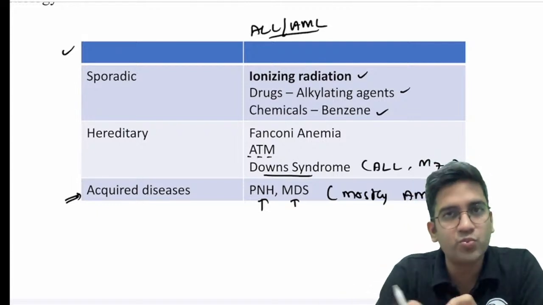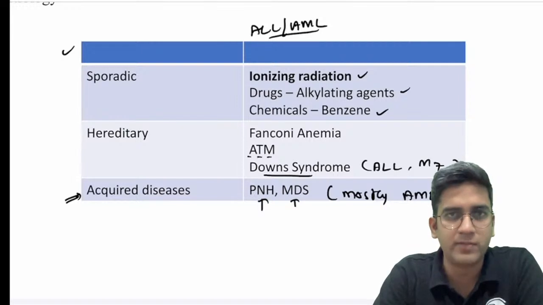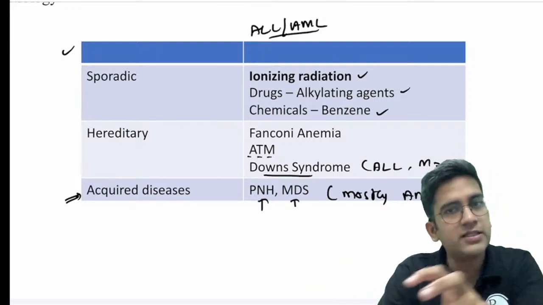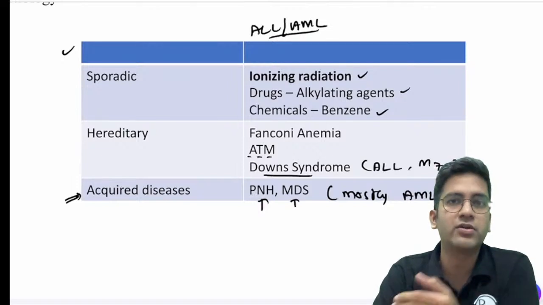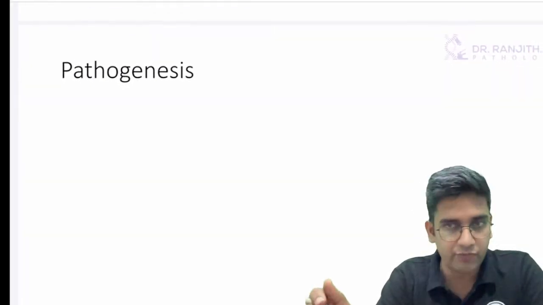The first heading of any long answer, leukemia or lymphoma will be in long answer format only. Describe the etiopathogenesis. I need something to write. So I have 3 headings and randomly write a few things which will fit into that heading, right? So when I come to the pathogenesis of acute lymphoid leukemia,